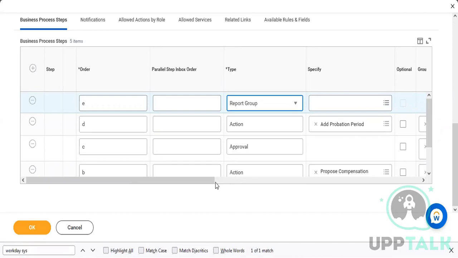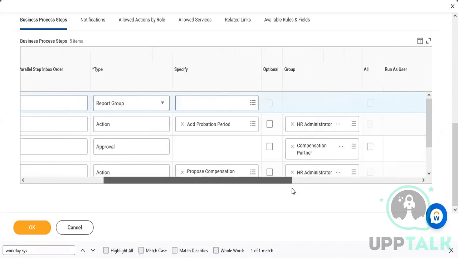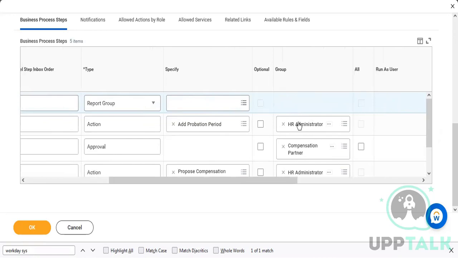Here you are seeing the security groups, right? These security groups can be defined as per our requirement. For probation period, who has to take an action? Who is the person to be defined? By default, we are getting HR, but initially when we are actually creating the business process, we need to know who should be the person for probation period, who should be the person for proposed compensation, who should be the person for